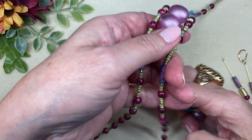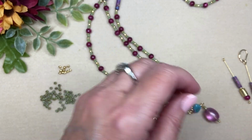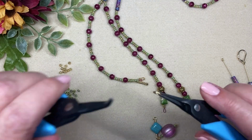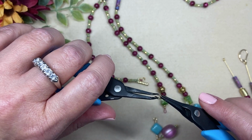And let me get to this side. I have another one of those little gold filled jump rings. These jump rings are an Amazon find,